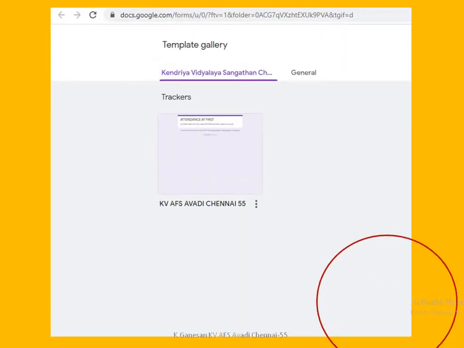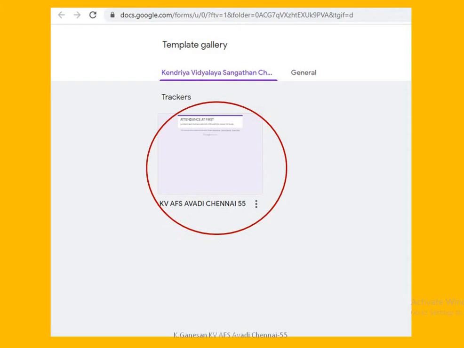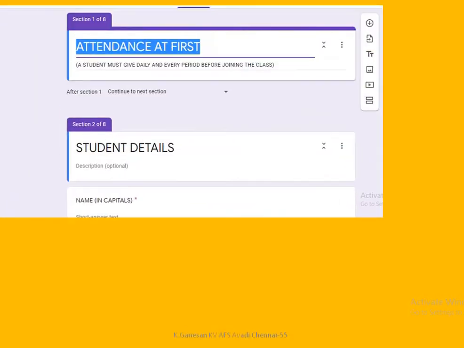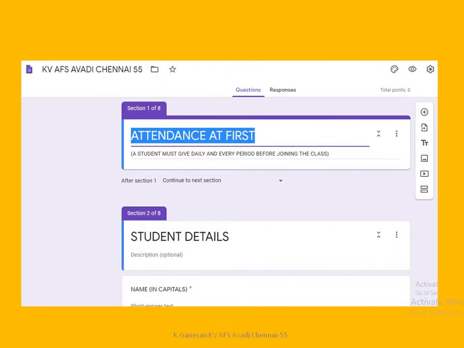So click that. If a single click is not opening, double click to open, then you will get it like this. As I told you, at the heading Attendance, at first you add only the word For and then your class: 9A, 9B, 9C, 2A, 2B, like that. So edit the first line only, no need to do any addition or deletion inside. Please be careful, only the first line.